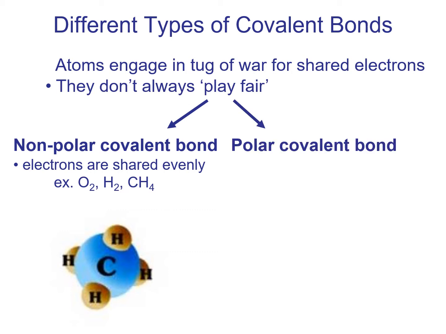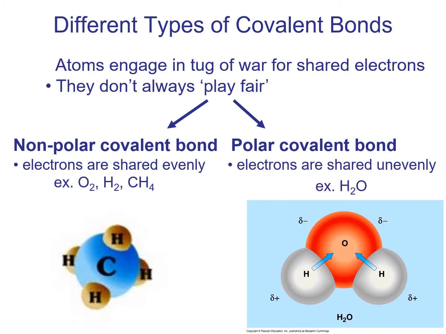In a polar covalent bond, there is unequal sharing, and a good example of that, of course, would be water that we talked about already. Now, that little squiggle there next to the oxygen and hydrogen is a symbol that stands for dipole. A molecule that has a dipole is a molecule that has a slight charge. And once again, it's due to the fact that electrons are spending more time around the oxygen than they are